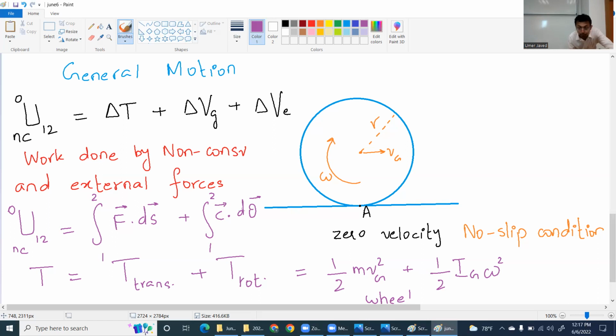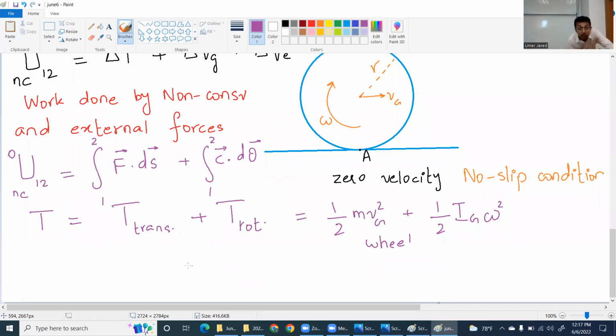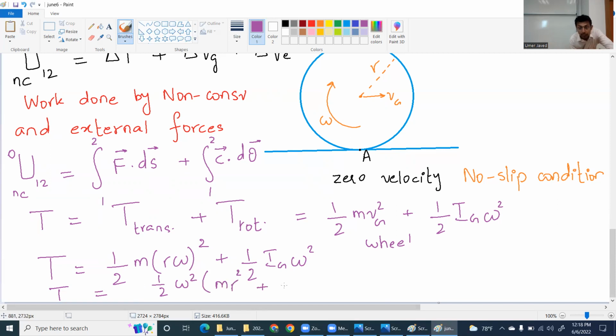Okay. Then if I have no slip condition, can anyone tell me what will happen to this T? It will be 0? No. If there is a no slip condition, then instead of V, I will have R omega. In no slip condition, I have V as R omega. So it will be plus 1 over 2 Ig omega square. So T will be equal to 1 over 2 omega square into mr square plus Ig,